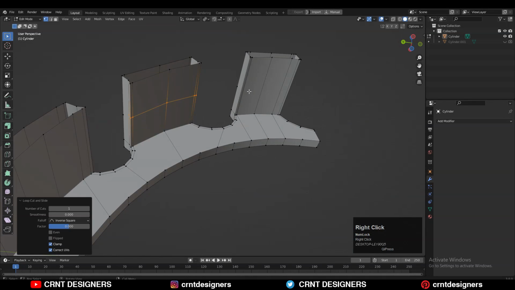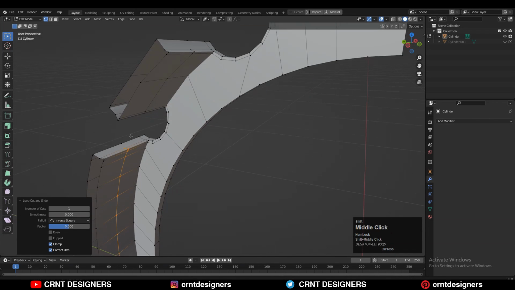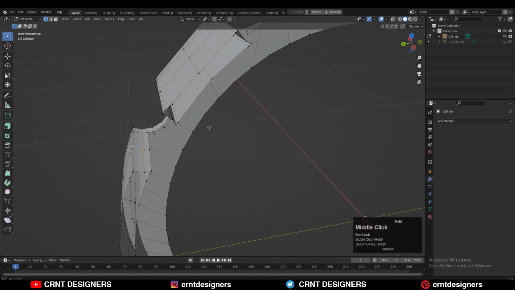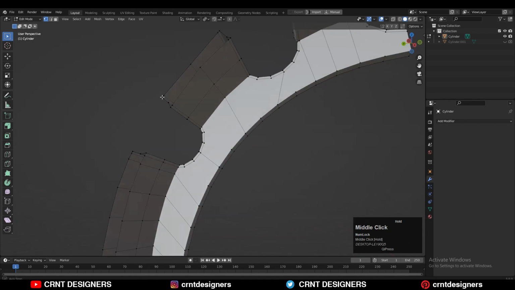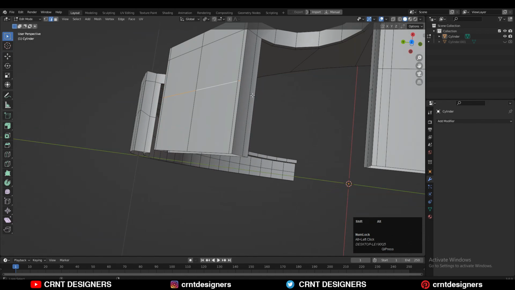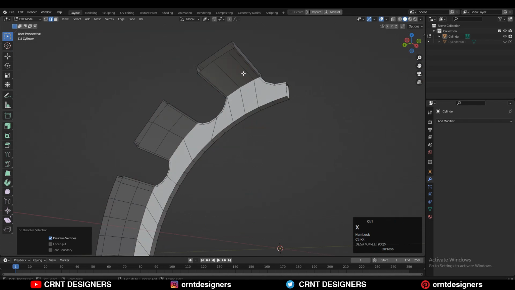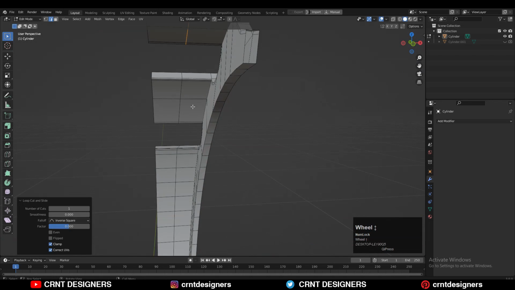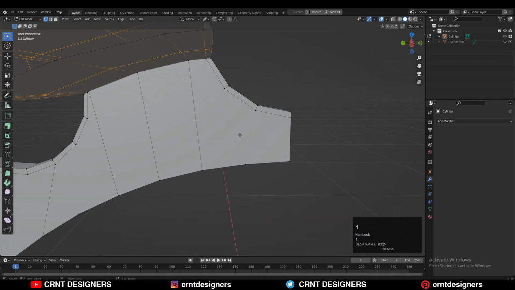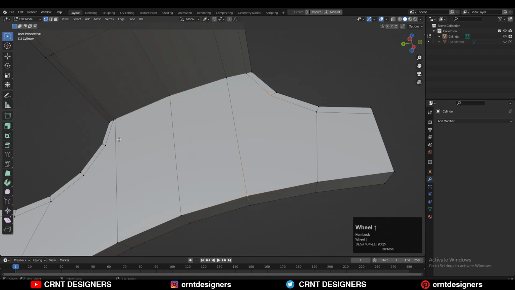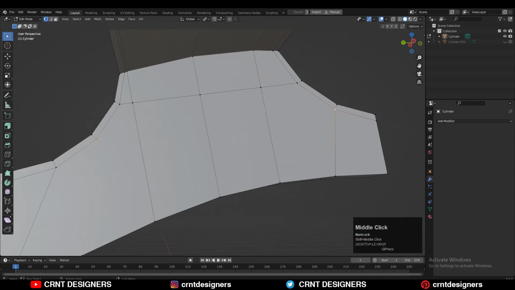So here I can add the loop cut like this, or I can dissolve these loop cuts and add new loop cuts there. It's better to dissolve these edge loops and then add new ones. So just dissolve this edge loop and add another loop cut there. Then you can select these verts, right click, connect vertex path, and do the same steps from the inner side also. Just create that chord based topology from the inner side of that ring design.